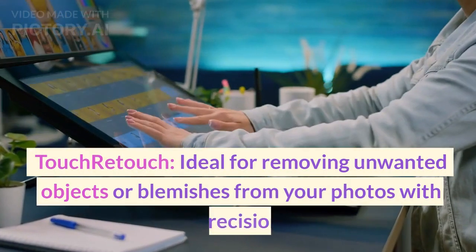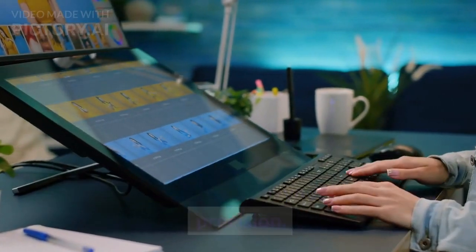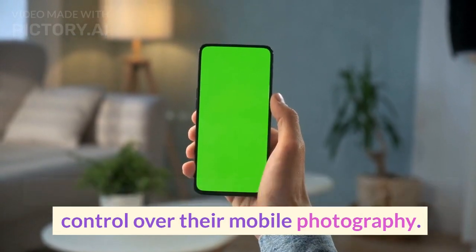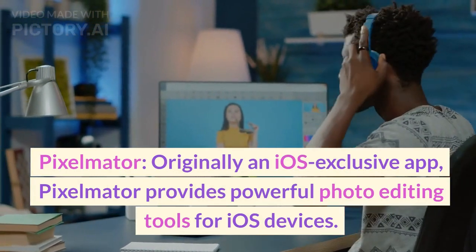TouchRetouch, ideal for removing unwanted objects or blemishes from your photos with precision. ProCamera offers advanced camera controls and editing features for users who want more control over their mobile photography. Pixelmator, originally an iOS exclusive app, Pixelmator provides